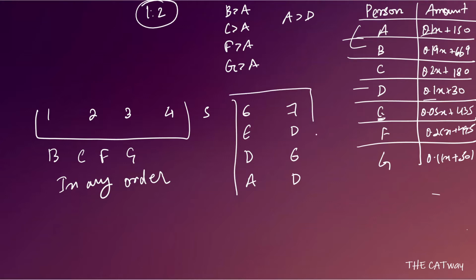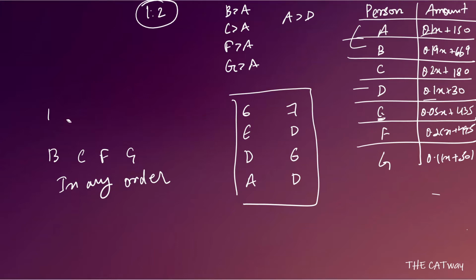Out of these three cases, definitely one of them is true. We are 100% sure that one of them is true. So what we will do is check all of them. We will put all of them in ratios and find it out. So let's say E and D have the ratio 1:2.